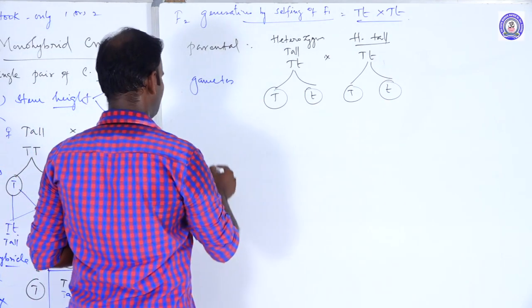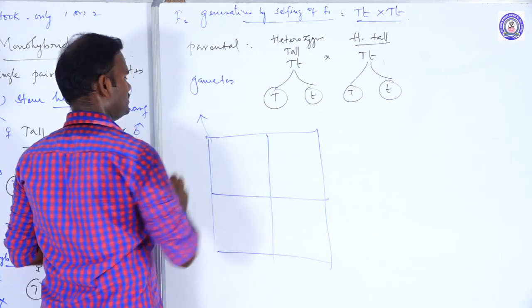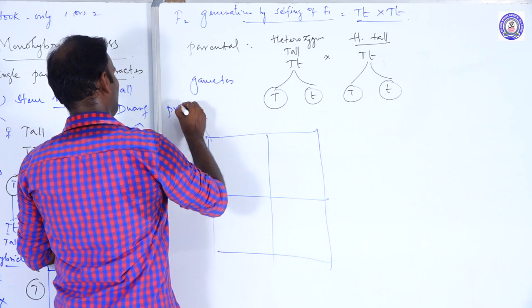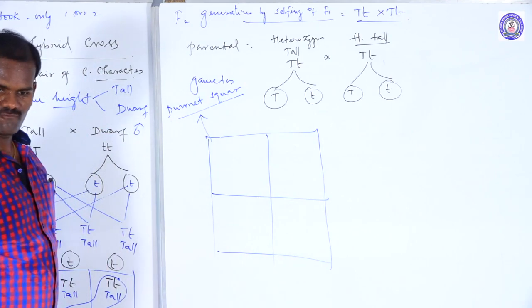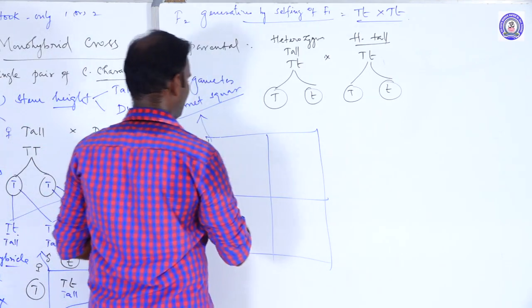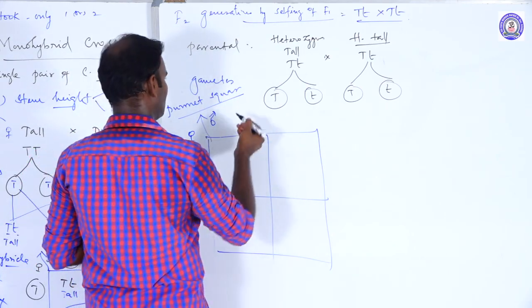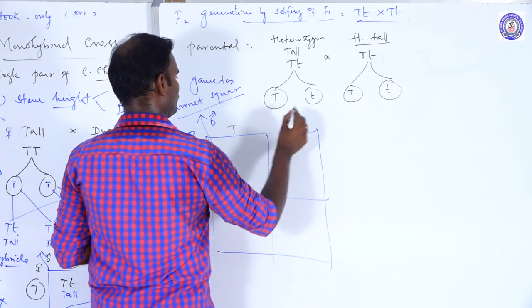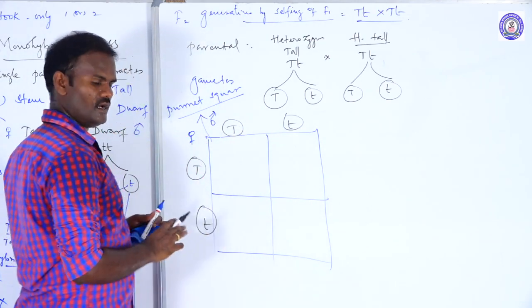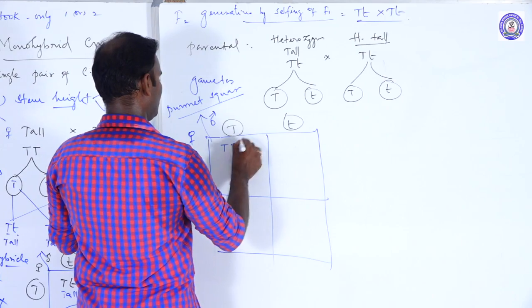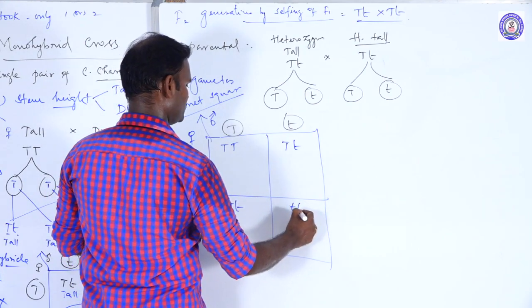So if you plot these gametes on the Punnett square, this is the Punnett square. The credit goes to the discovery of Punnett. Hence it is also called Punnett square. Male gamete, female gamete. Both male and female are the same because it's homozygous. Sorry, heterozygous. Capital T, small t, capital T, small t. So, gametes. And if we cross, capital T next, here capital T, small t, here capital T, small t, small t, small t.